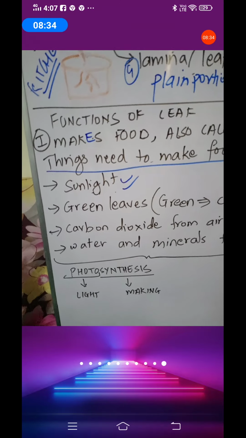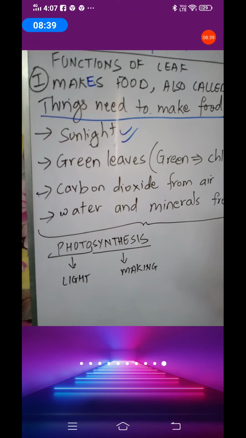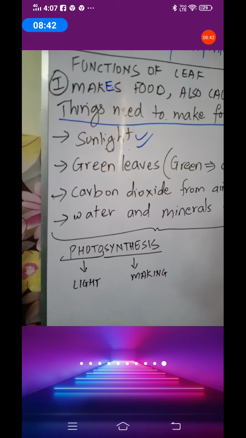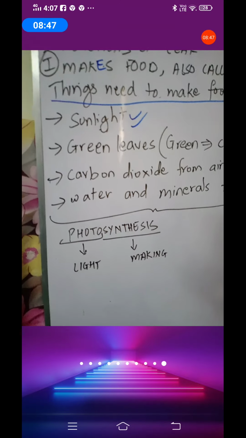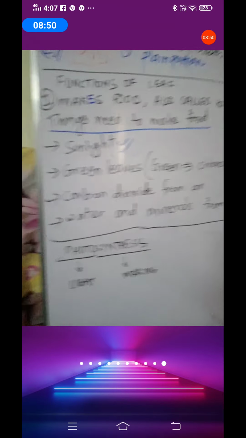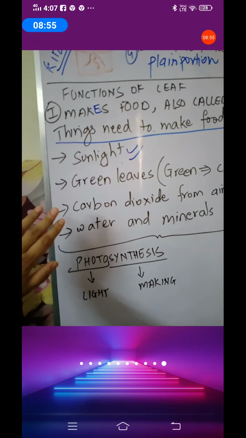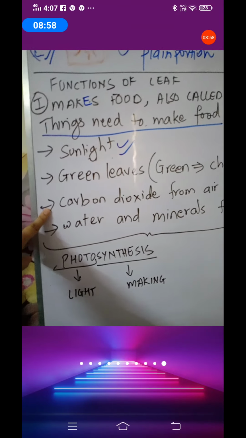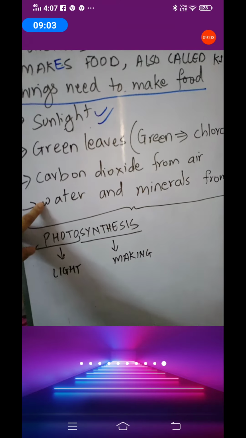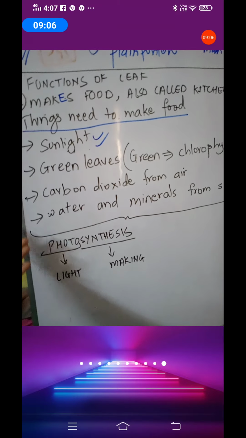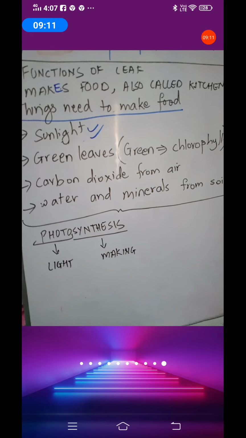Similarly, even at home, if the rice is not good and is very old and now it's spoiled, what will we do? Can mummy make food from the spoiled rice? No. Similarly, leaves also have to be green in color to make food. Brown leaves cannot prepare food. Then we need carbon dioxide from the air as well. Plants need carbon dioxide from the air. And finally, I have always told you, water and minerals from the soil are also equally important.